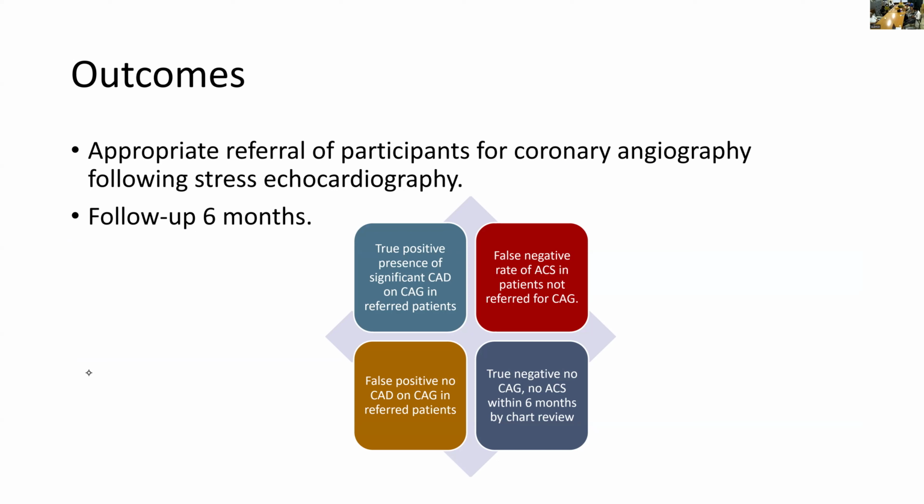True positive would be anybody who is referred and requires stenting. So that is true positive. This is the outcome. This can be either in the intervention arm or in the control arm. The referral could have been done by somebody who has the AI added information or doesn't have it. So either. This is just the classification, and we're defining the outcome here. What is the outcome? So for the people that did not require an angio, either not referred, yes, they just follow them up for 6 months to see whether they get